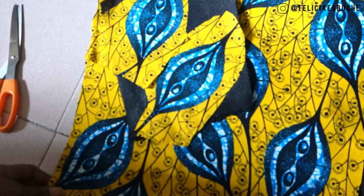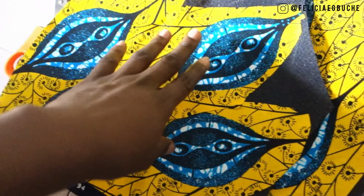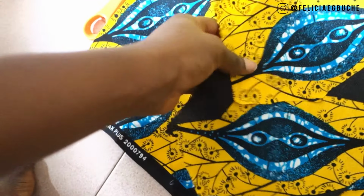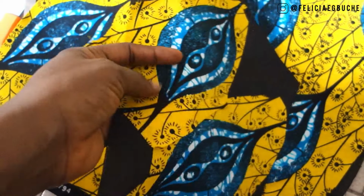So guys, I'm about to start cutting the small pieces of flowers. I'll call it flowers, but for this one it's not really a flower, but I'm not going to be cutting out the design. But before I did that, I already went ahead to iron this thick peplum stay. As you can see, it's very hard, so I ironed this on it so that I can have a thick